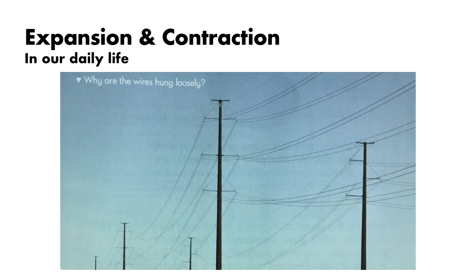But if you put it very straight, very tight, and it becomes smaller, what happens? The wire will snap. Yes, it will break. You understand? So this is the design. That's why it's purposely hung loosely, sagging, so that when there's contraction, you won't tear out the wire. You understand or not? Okay.